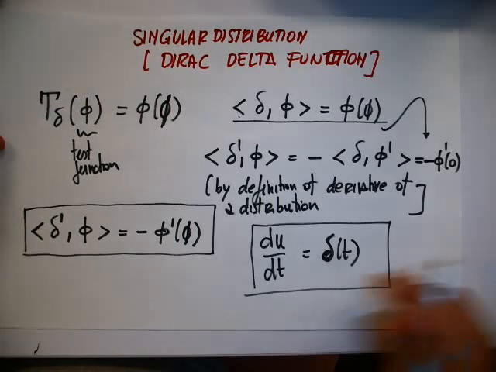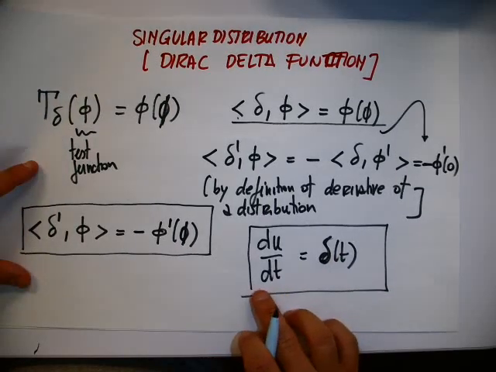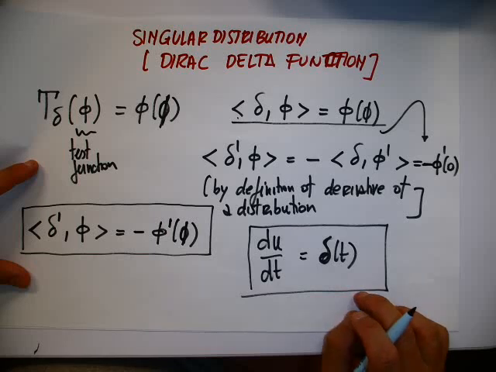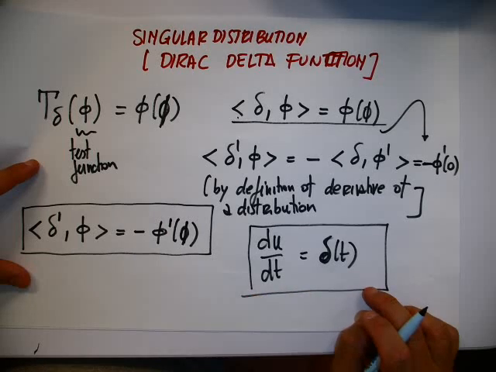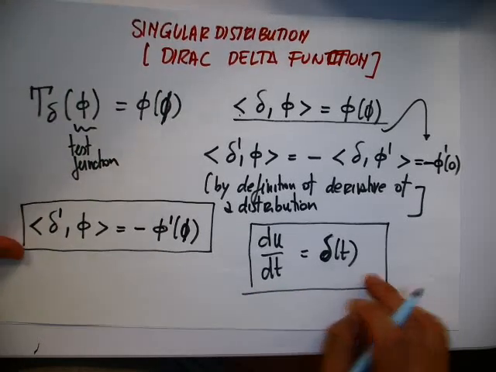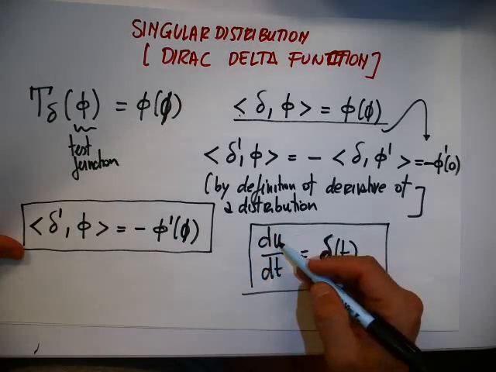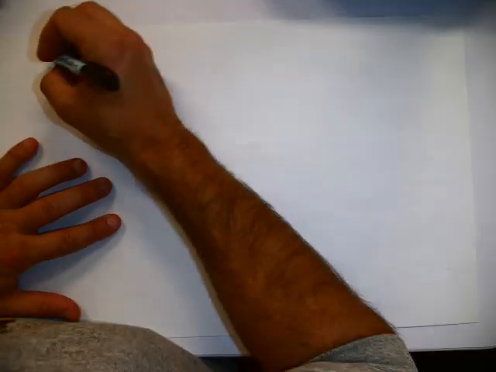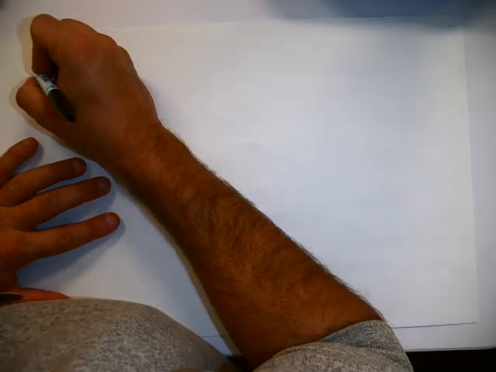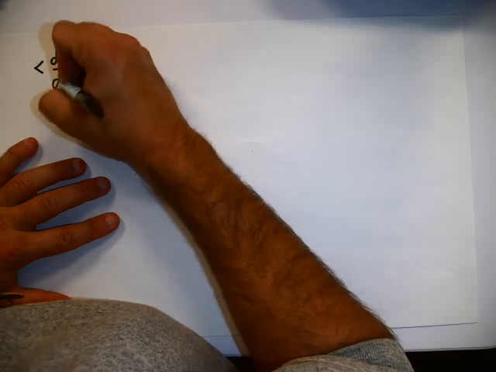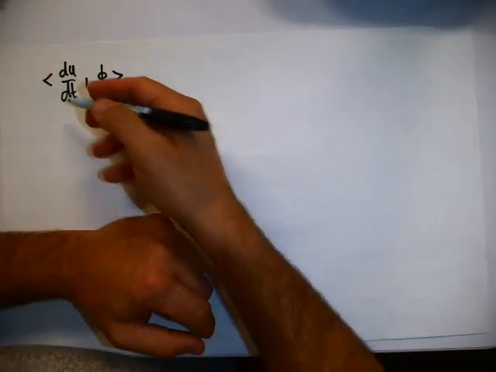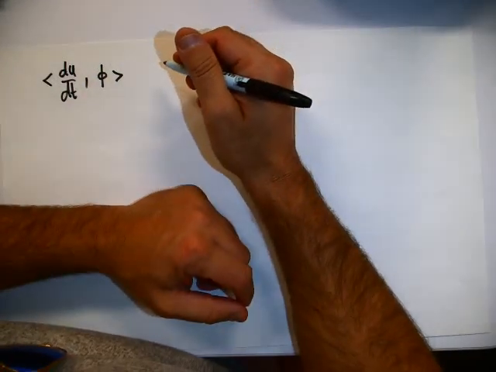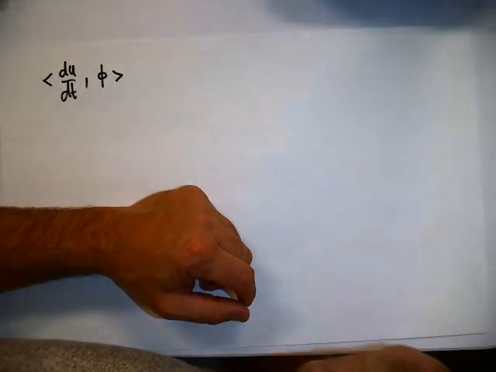Let's try to see what is the meaning of this relation in the sense of the distribution, because now we know how to take the derivative of a distribution. So let's consider u'(t) comma phi. If we apply the definition of the derivative, or we can even do the integration by parts,